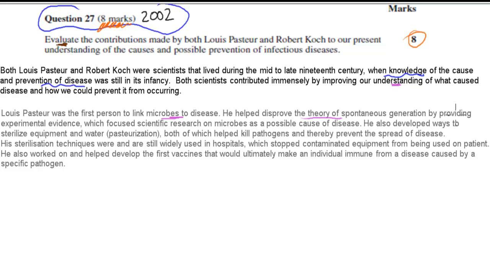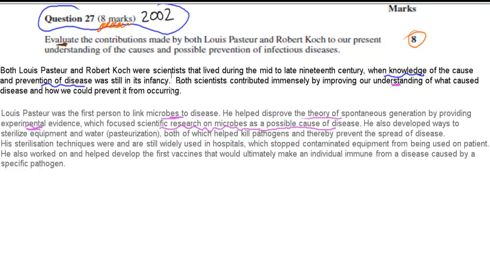So by providing experimental evidence, remember the evidence that he gathered, which focused scientific research on microbes as a possible cause of disease. Because beforehand, people thought the air was causing disease and all that kind of stuff. They didn't really know there were actual pathogens in the air that could be causing this. But because he disproved spontaneous generation and he focused scientific thinking onto microbes, that really changed our understanding